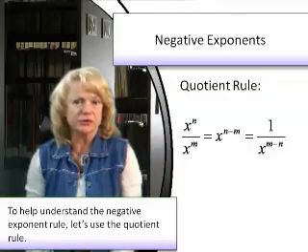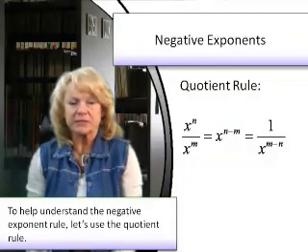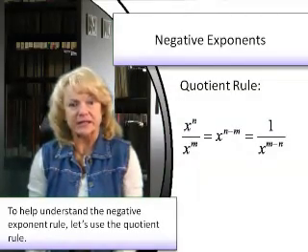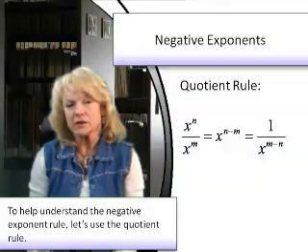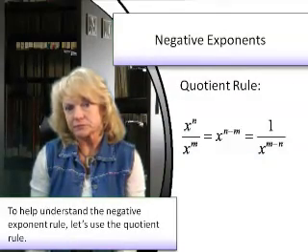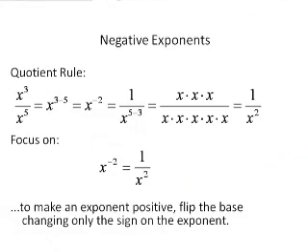In this section, we introduce some more rules of exponents to help us understand the negative exponent rule. Let's start with the quotient rule. We are starting with x cubed divided by x to the fifth. And that would leave us with 2 x's in the denominator. If we use the quotient rule to where the end result is up in the numerator, we end up with